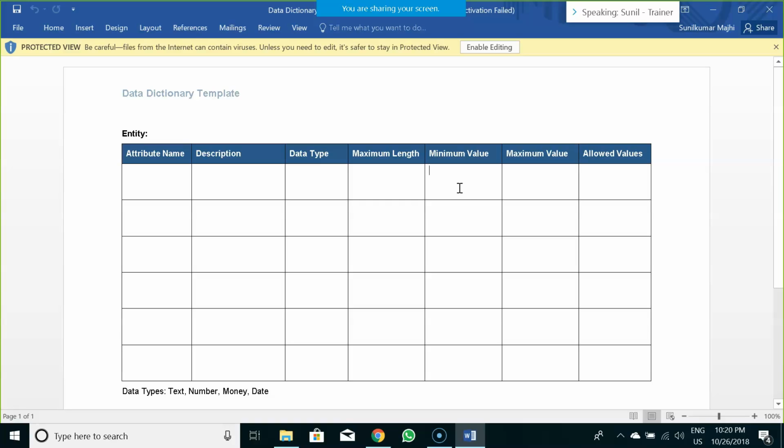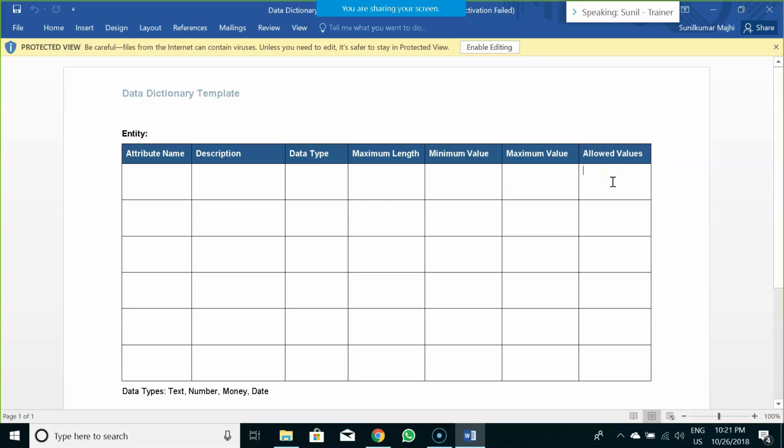The minimum value that you could sanction for a loan application could be 150,000 USD, and the maximum value that you can sanction through that application is 500,000 USD. Anything beyond that would go for a referral to the respective underwriter of that particular bank. So you can set out the minimum value and maximum value.